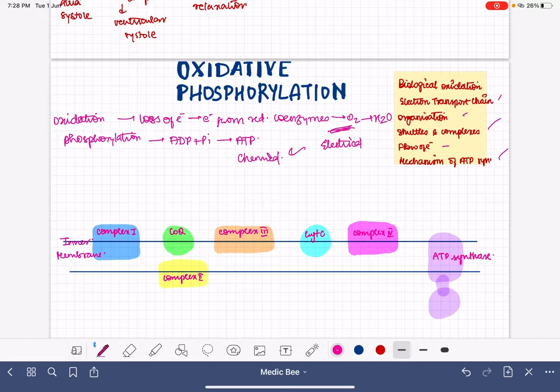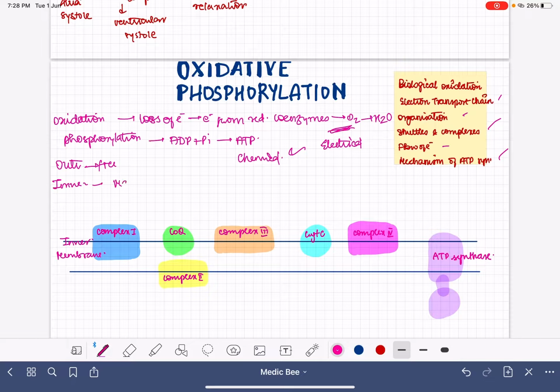First of all, when we look at the structure of the mitochondria, the outer membrane is freely permeable, but the inner membrane is not very permeable. In the glycolysis pathway, which we will see in a separate video, NADH will be produced. That NADH cannot pass through the inner membrane, so there has to be a specific mechanism for the NADH to be transported.